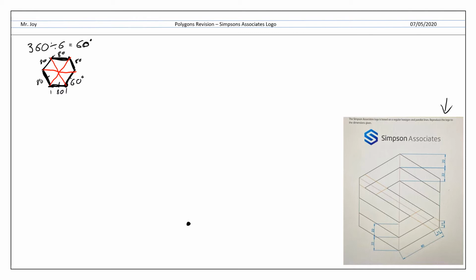Because it's turned on its point, that angle there, look, I'm just going to use a green. That angle there is 30 because this angle here is 90. So 90, 60, 30 is a triangle, and it adds up to 180. So what we do is pick a point at the bottom of the page, 30 degrees out to the left. So I just put in a little horizontal line. So that's 30 degrees to the left, 30 degrees to the right,